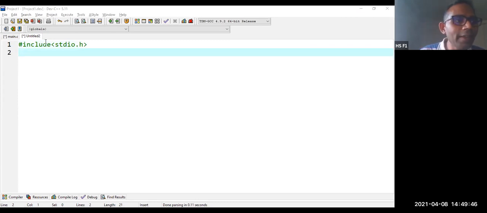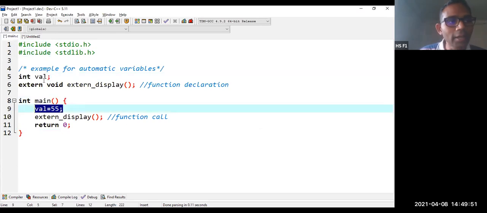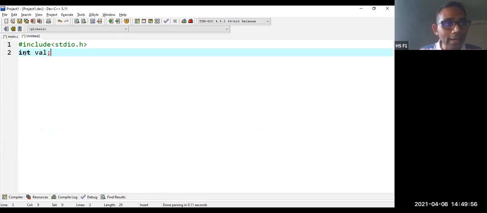Then I am having a global variable called val, whose value is 55. I have to declare that again, and now this is an external variable. It means this value is available in some other program's memory which is under execution. So that's why we declare it as extern int val. The external int val is a memory location which is created for some other program under current execution. That's why you write the keyword extern here.